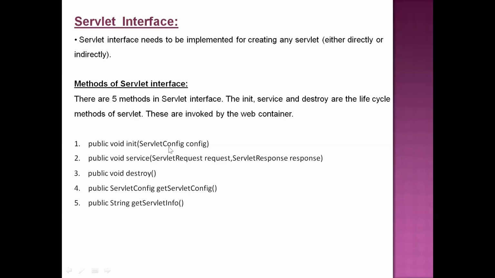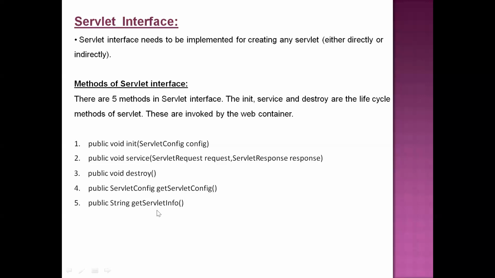All that configuration of your servlet will be placed in the ServletConfig object, and that will be sent to the init method. Your init method will take the information from this config object, and then the servlet object will be initialized, and it will make the servlet object ready to process the request. So for obtaining this config object, the container calls the getServletConfig method.